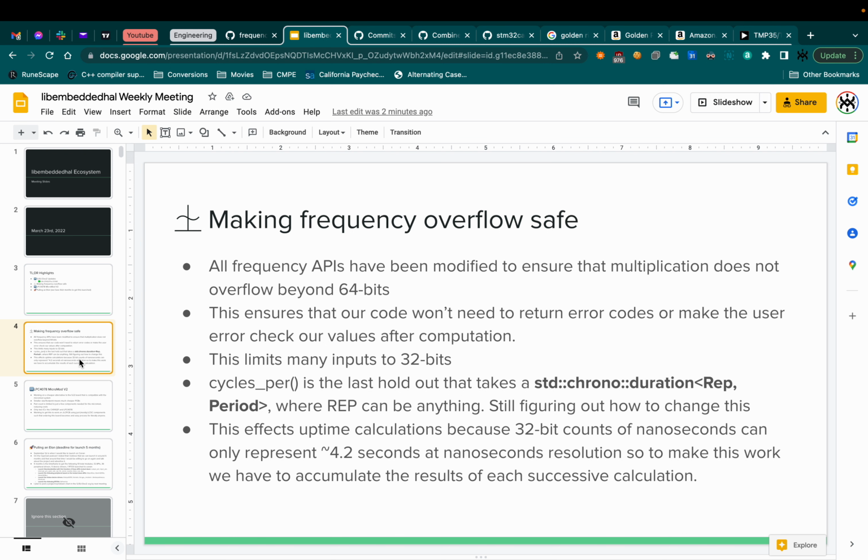So we need to make sure that when we're doing multiplication that we have something to hold that in. So really what we want to make sure of is either we understand the range of values when multiplied and divided, what they come out to be, or we make sure that we only do a multiplication once or twice or whatever. So that's a thing.